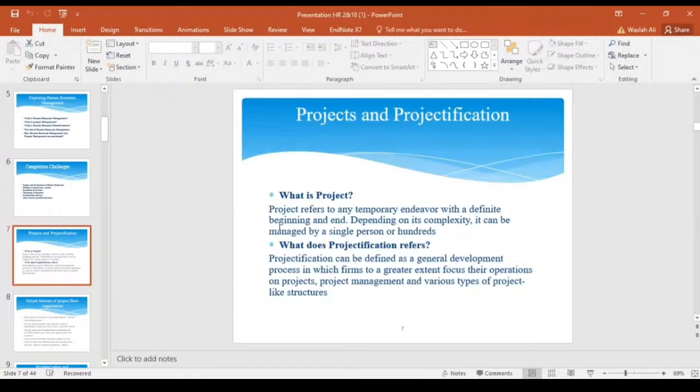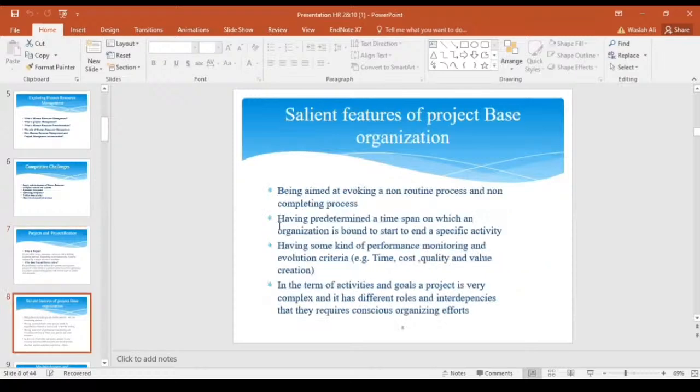Projectification can be defined as a general development process in which firms to a greater extent focus their operations on projects, project management and various types of project-like structures. Moving forward, these are the salient features of project-based organizations. Salient feature means characteristic of something, the characteristics of a basic project-based organization, which consists of being aimed at evoking a non-routine